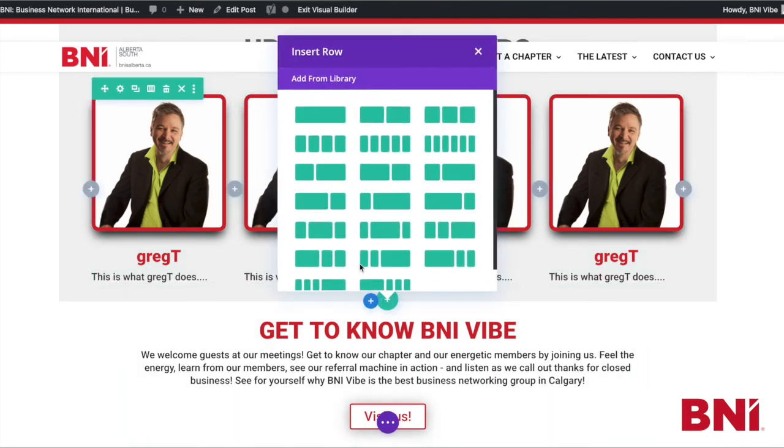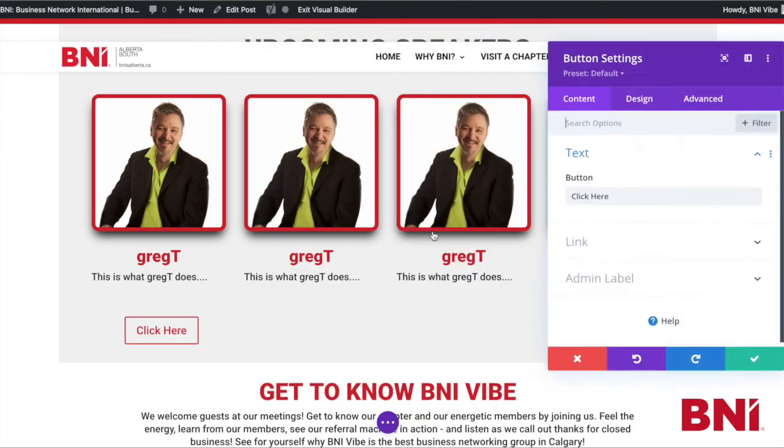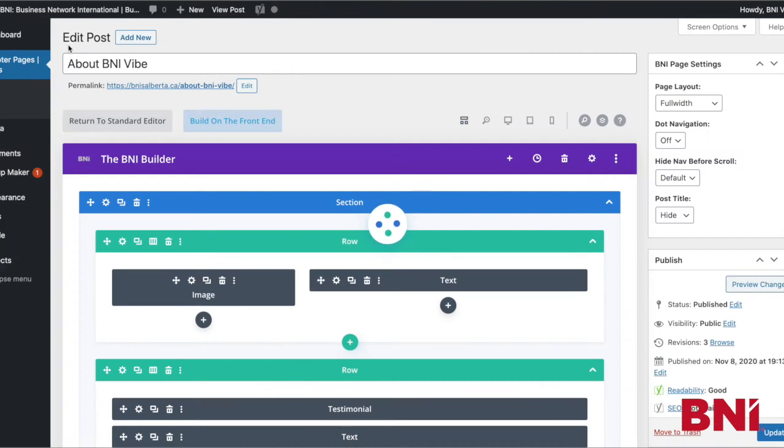We're going to create a new column, or you can do it in a new row for that matter if you wanted to. But I'm going to say I want a button. There's automatically a default for the button. Now, if you go here, I'm not sure if I actually have this here, just to make sure